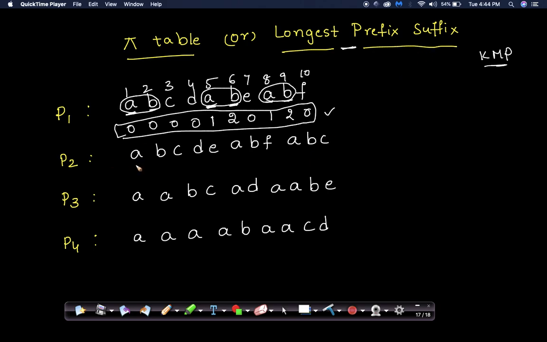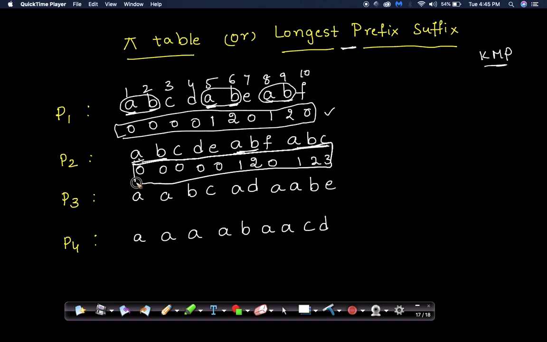Similarly, let's take this example. Let's start from A. Has A appeared anywhere in the string? Yes, A appears here and A appears here. Similarly, B appears? Yes, AB appears, AB appears. And ABC appears? Yes, it's there in the last part of the string. For that first I am going to put 1, because the starting index is 1, and B's index is 2, and similarly A 1, 2 and 3. The remaining characters I am going to put as 0. This is my longest prefix suffix table. I hope you understand this.